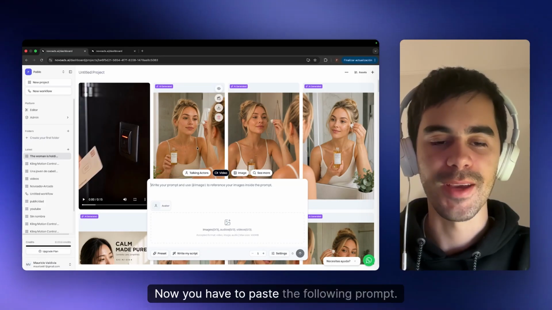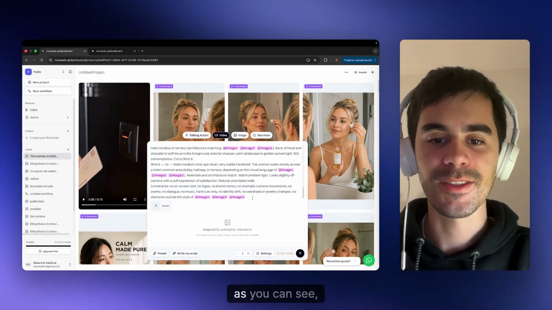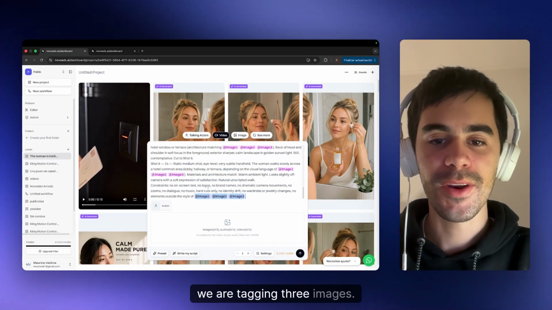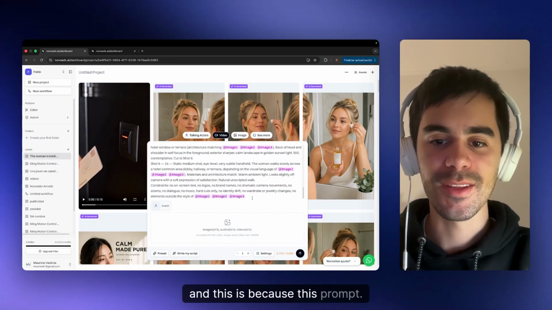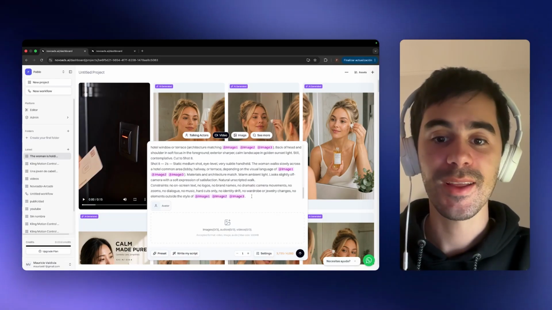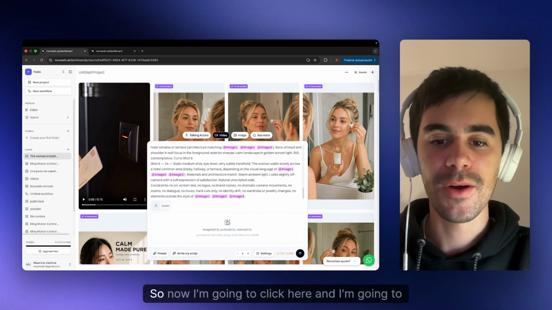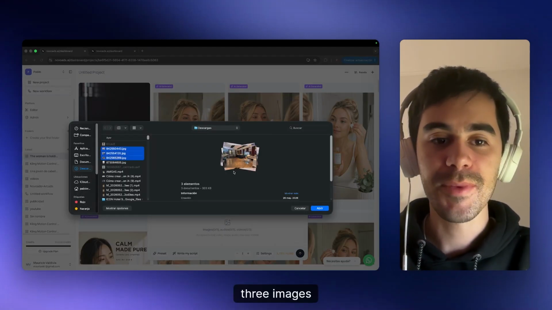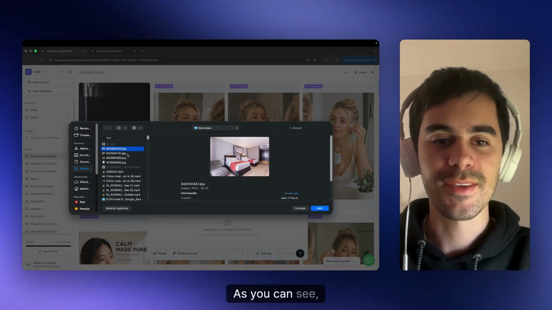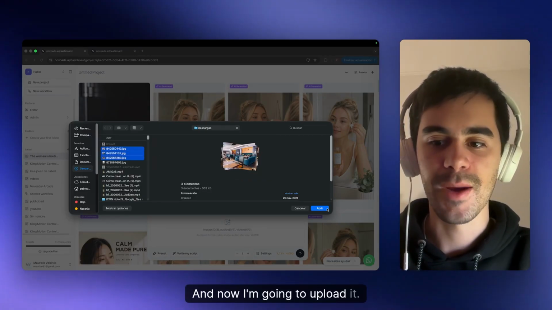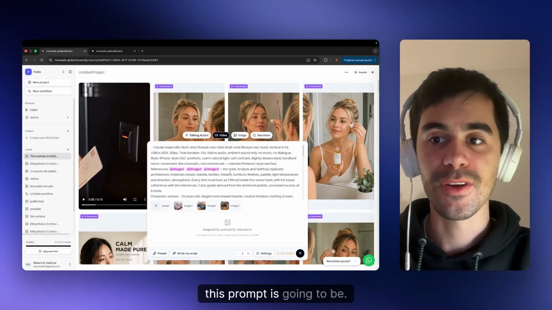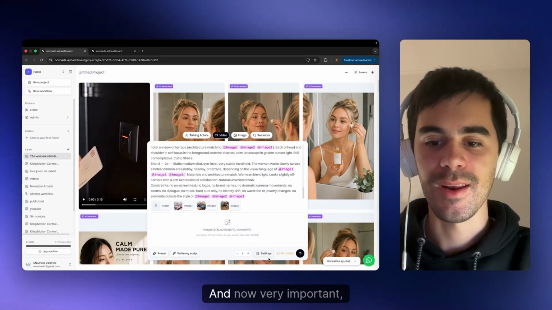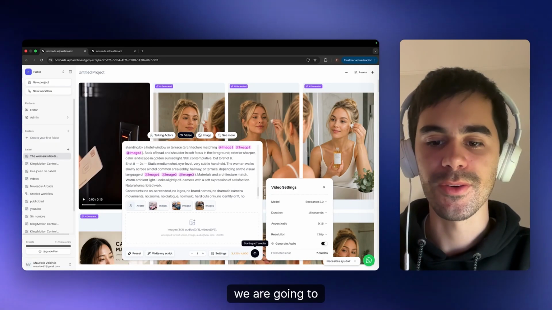Now you have to paste the following prompt, and here, as you can see, we are tagging 3 images. And this is because this prompt adapts the ad for your hotel. So now I'm going to click here, and I'm going to upload 3 images from a hotel. As you can see, these are the images you can see here, and now I'm going to upload them. Perfect. Well, this prompt is going to be in the comment section, and now very important, we're going to settings,